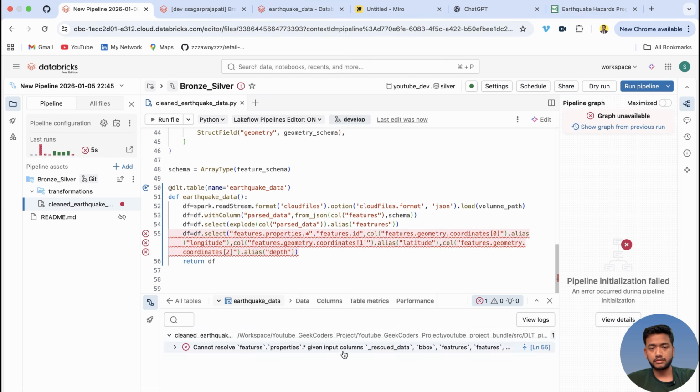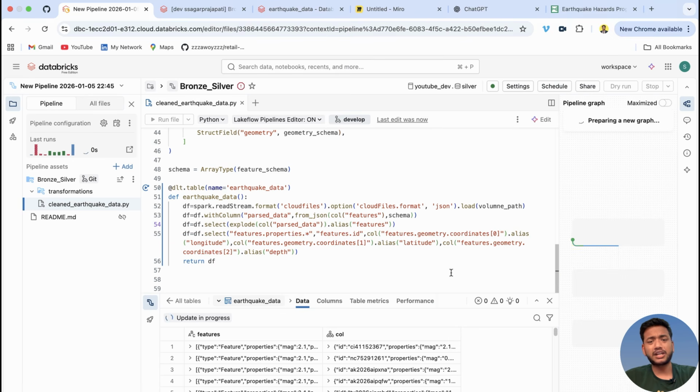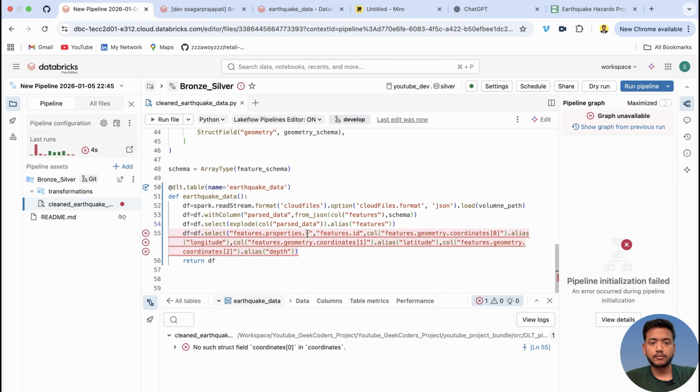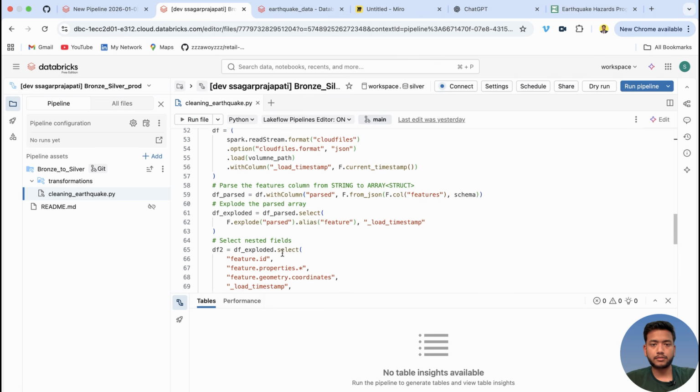Maybe I did a mistake somewhere here. Cannot resolve like this. Features. See, all these mistakes we do when we build any project, right? So that's common, pretty common. Let me just